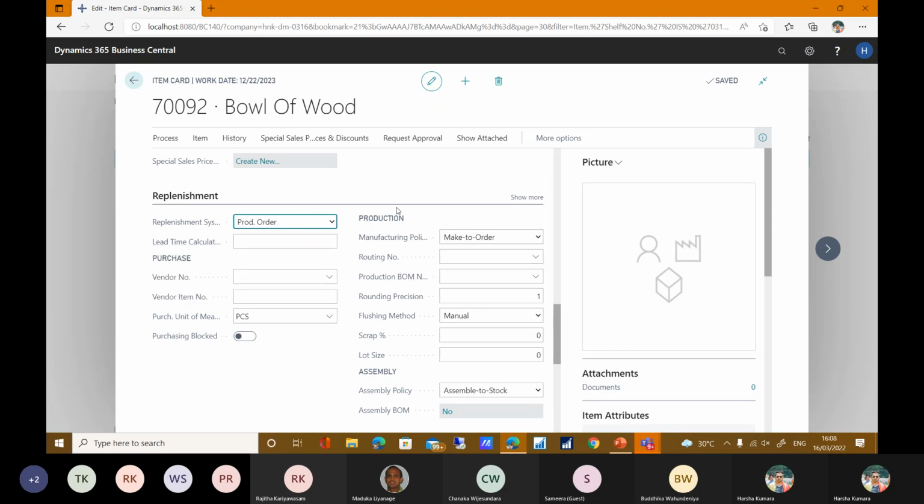And also, the other one is the production part. The manufacturing policy you can maintain as make to order or make to stock. Both options you can maintain as per the company requirement. If you are maintaining make to order, then your sales order will be generated to the production order, or you